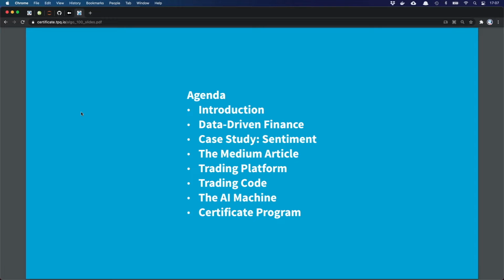I will then quickly show you the article. This is more or less just a quick scroll through the article itself. You have, of course, access to it. I've shared the link, and it is here in the slide deck as well. Then we enter the world of the trading platform, of course just paper trading, a demo account, not risking any money at this stage. I will also present you with a disclaimer in this regard, and then I walk you through the trading code.